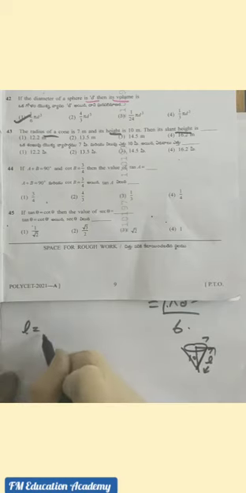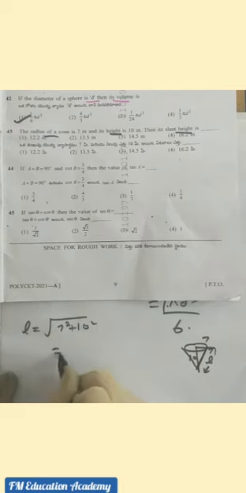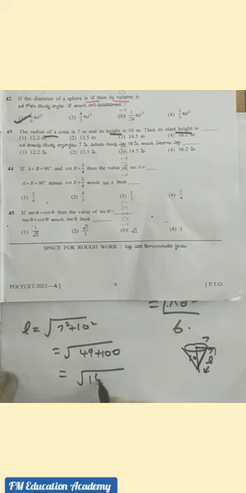43rd question. The radius of a cone is 7 meter and its height is 10 meter. Then what is the slant height? Very easy, right? Radius is given and height is given. We know that in a cone, whenever radius and height are given, we can easily find slant height. What is the radius given to us? 7. And what is the height given to us? 10. So slant height L is equal to root of 7 square plus 10 square, that is equal to root of 49 plus 100, that is equal to root of 149.